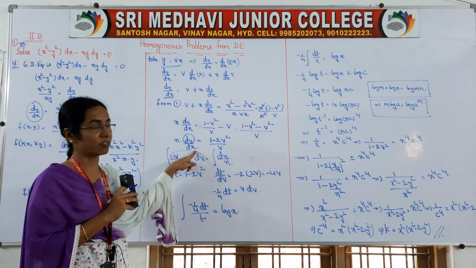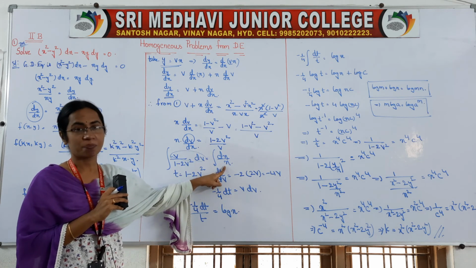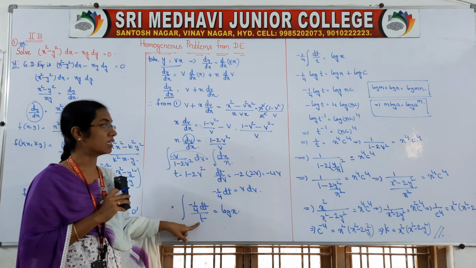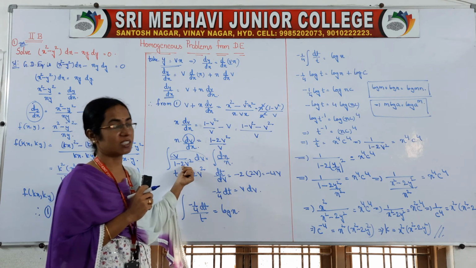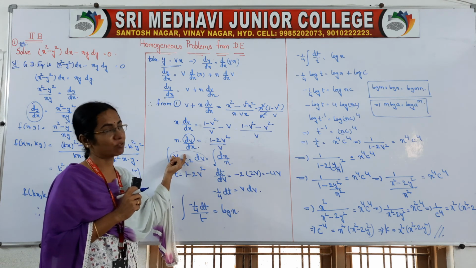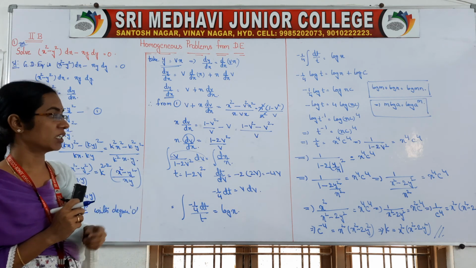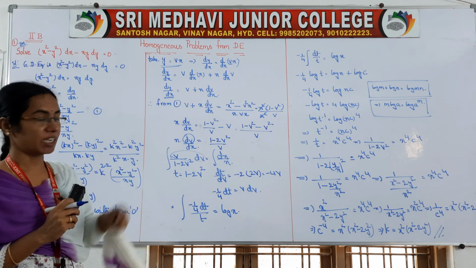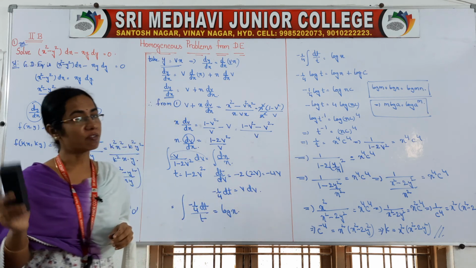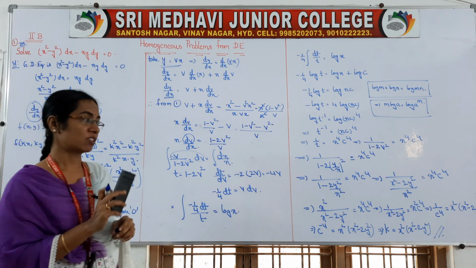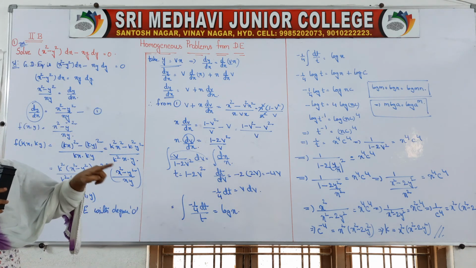dv will be there, dx will be there. All the v terms into dv, all the x terms into dx. Okay, so integrate them. After that you substitute t. If we take this as t, we will get this value. Then after that you again substitute your t value, you will get your v. v is y by x. Substitute and simplify. At the end your answer should be in terms of x and y. The question is in terms of x and y, so the answer also should be in terms of x and y.